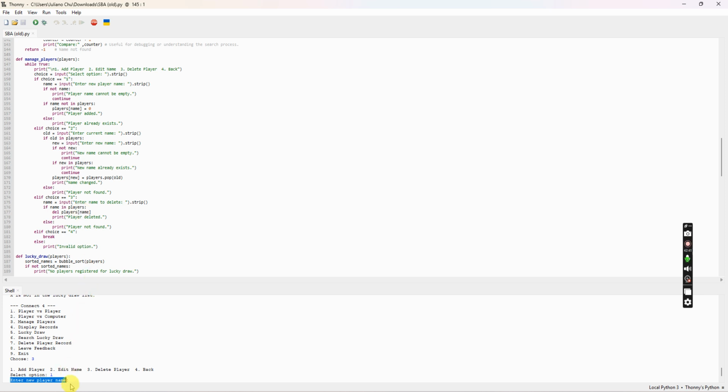If I press enter with no name, the system shows player name cannot be empty. So if the name is not in the player list, for example X is not in the player name list,